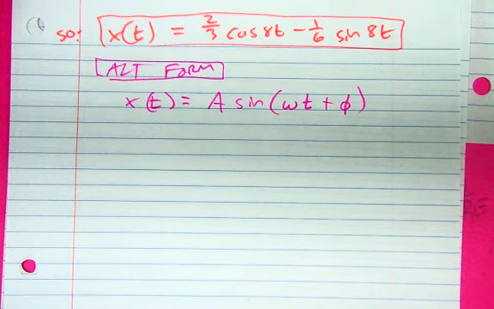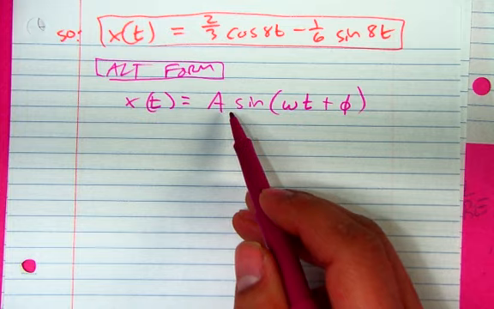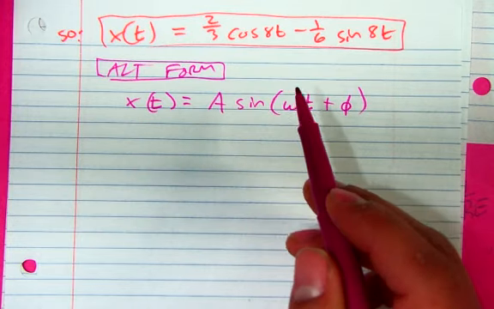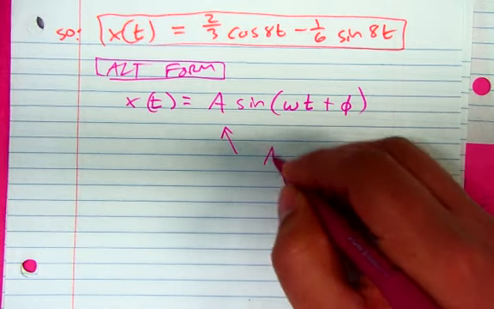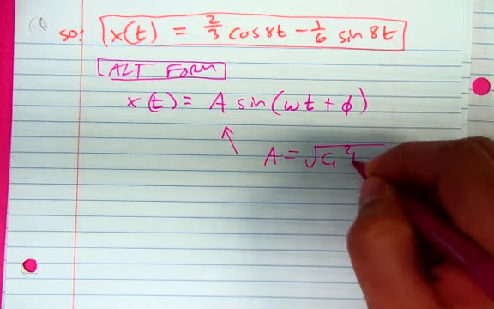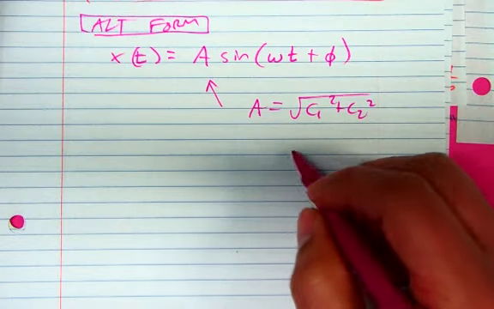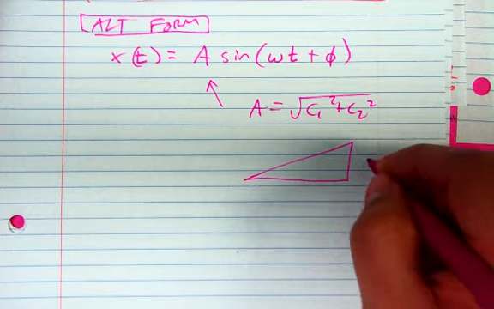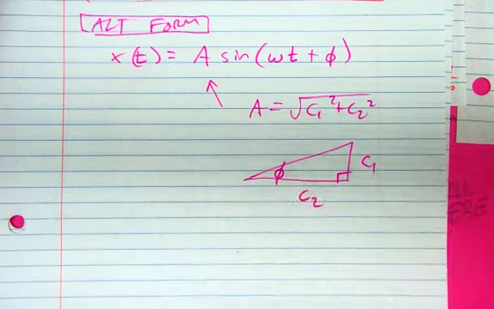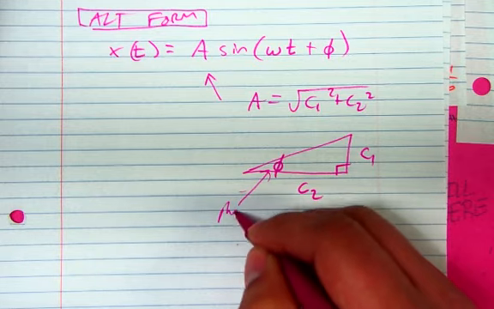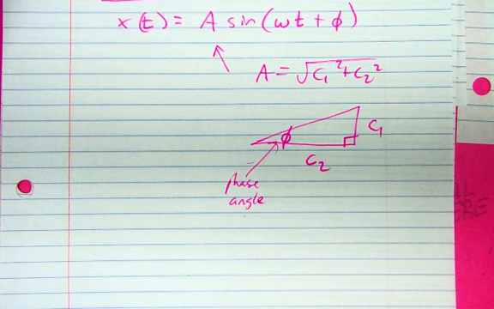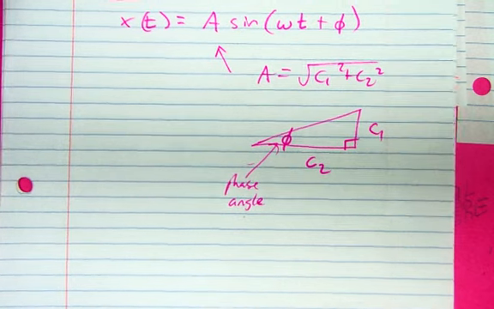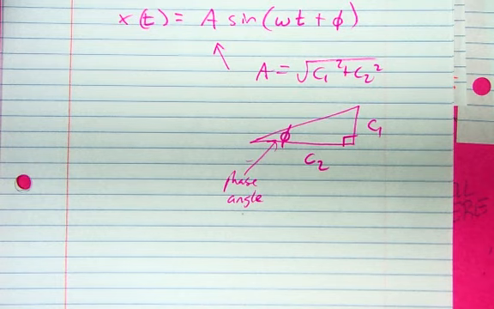This is nice because if we have it as just a sine function, then we could find the amplitude. Whereas here we don't really know the amplitude just from looking at it. Now here's kind of the explanation for why this works. The idea here is that the A value is going to be the square root of c1 squared plus c2 squared. And then the phase angle can be represented by this right triangle here. So this will be the phase angle. These are the assumptions that we're taking when we're doing this format. And if you're wondering why this works,